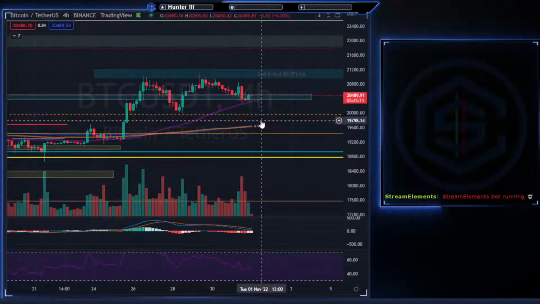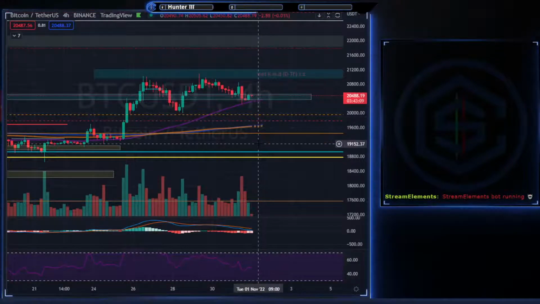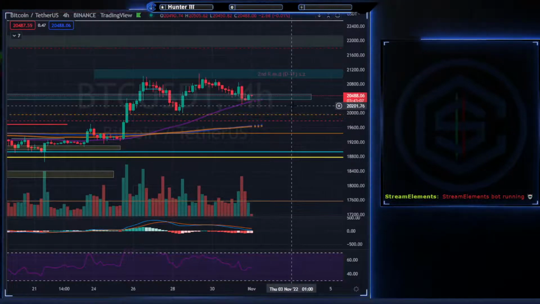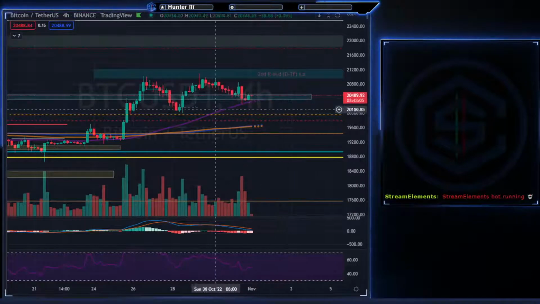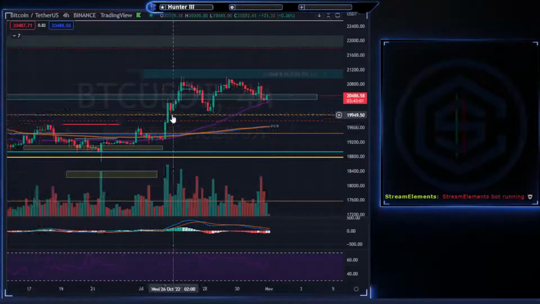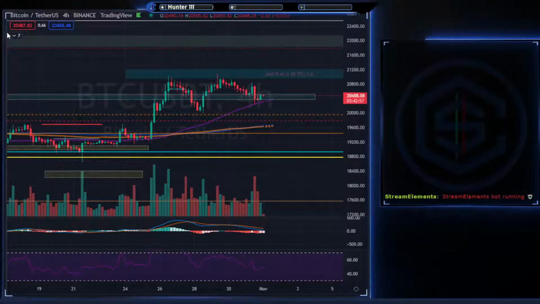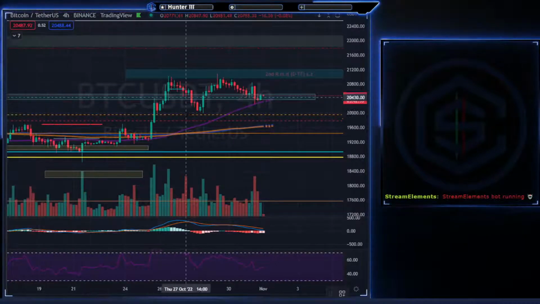So if we lose these levels between this yellow line and the red line, then I can call it some sort of a bull trap. But until then, we are still holding. This is another higher low, okay? Nothing has changed there. If we do this,